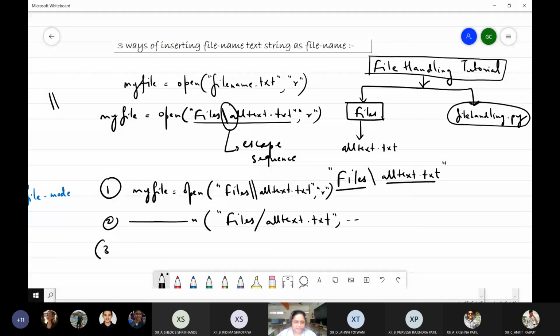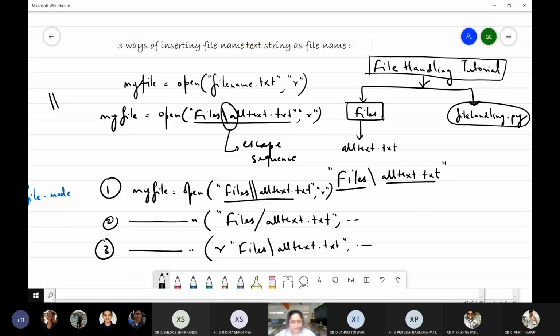And the third way is to use a character r just before the double quotes and then use all text. Three ways to do this.